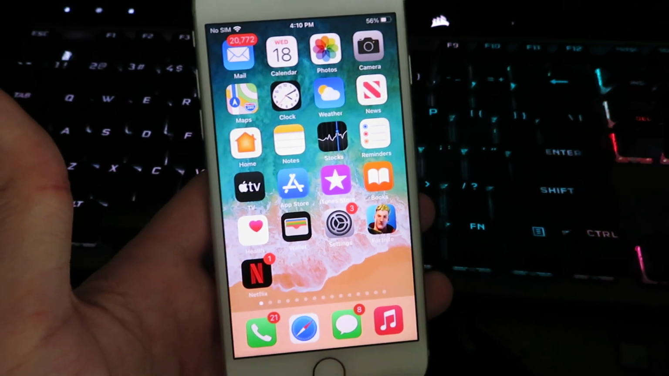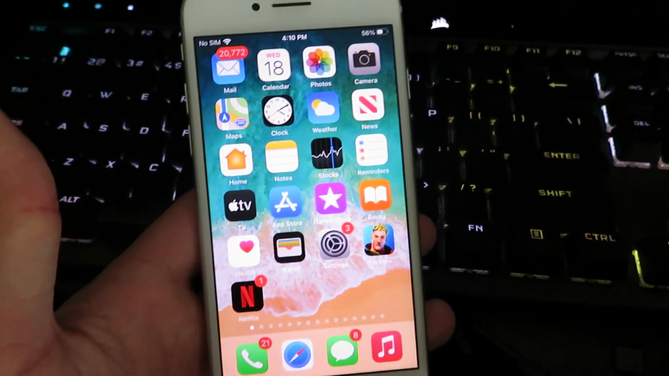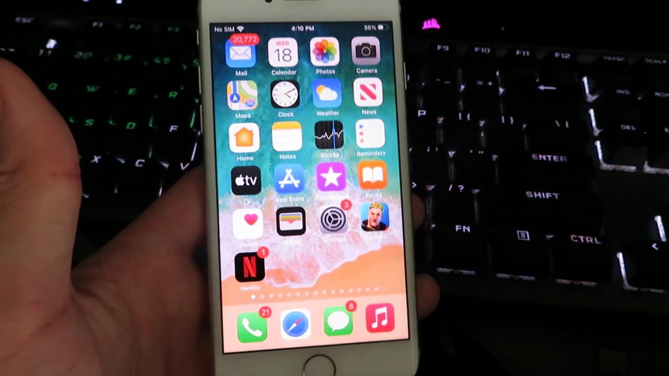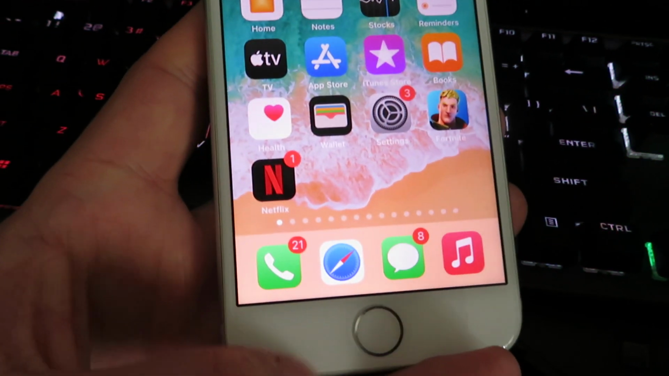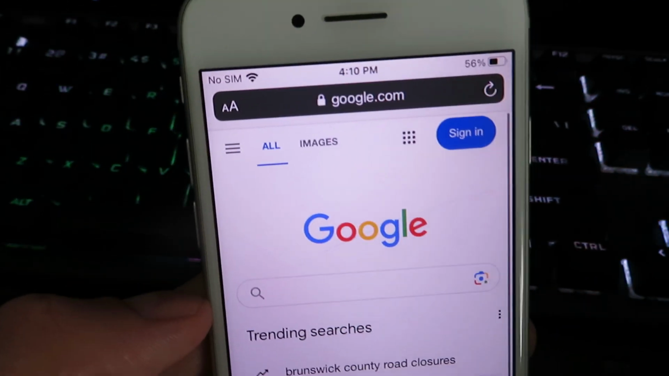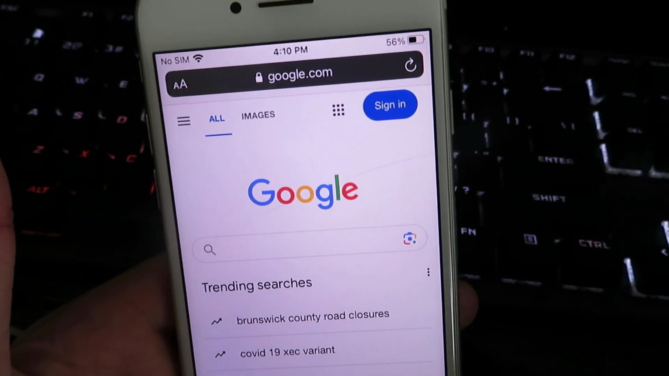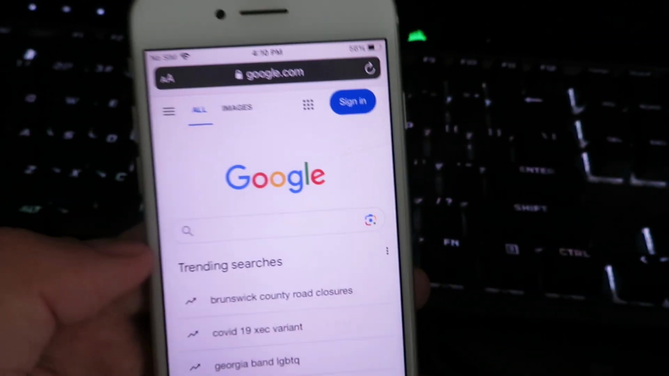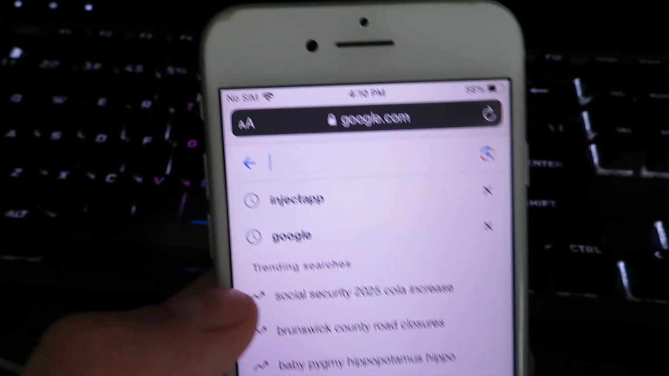So we're going to be installing a modified version of the game, but don't worry, it is completely safe and also completely free. So what we're going to do, we're going to go ahead and go to our web browser. And you guys will notice I am on Google right now. So once you guys get on Google or whatever search browser that you use,